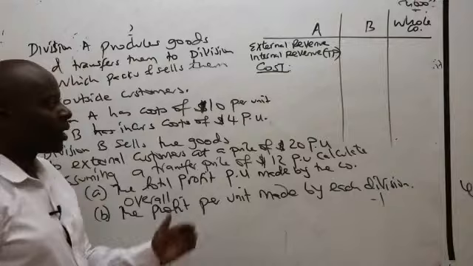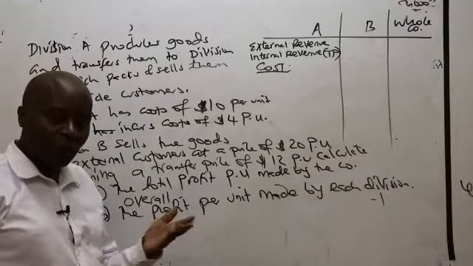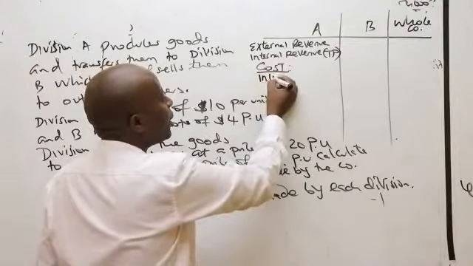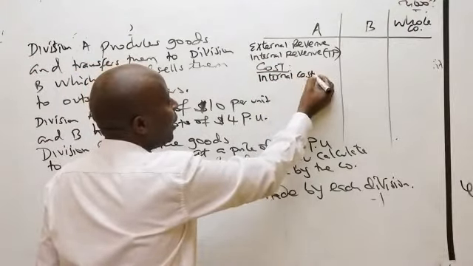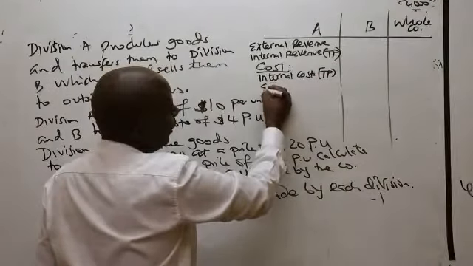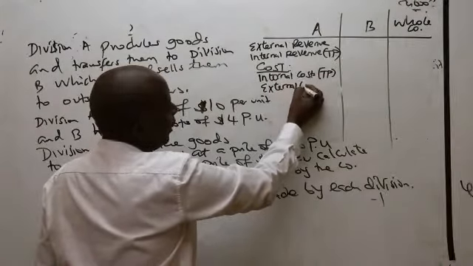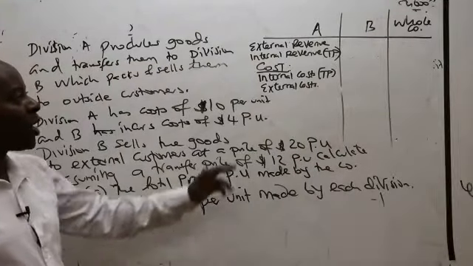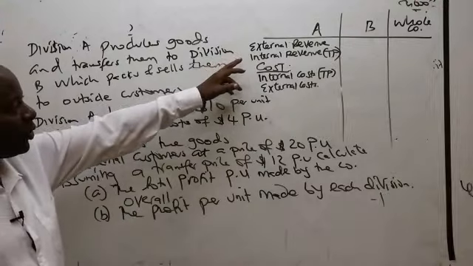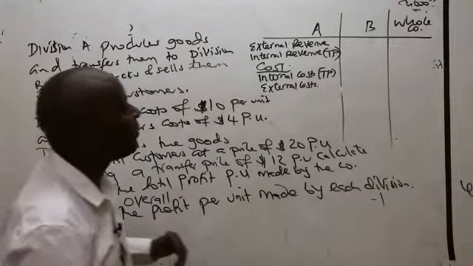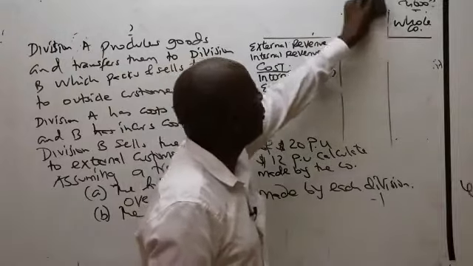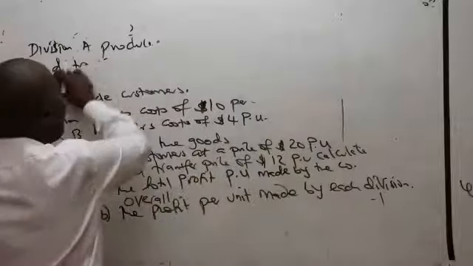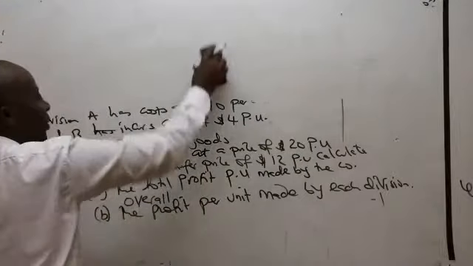So costs will also be two: the internal costs, what we call the TP, and of course then the external costs. So we start right away with the external revenue. I've organized my table in a bad way. Because you have the question down there, I can delete this and write it better.